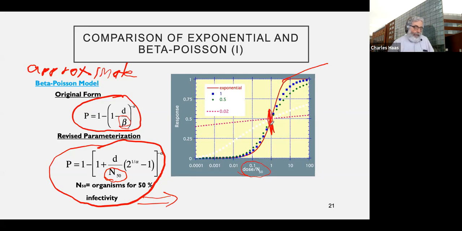As alpha decreases, the curves become more and more shallow. And the most extreme on this is alpha 0.02. There are almost no pathogens that I've seen. We probably examined 30 or 40 of them at this point that have as shallow of an alpha as 0.02. I would say 0.1, maybe slightly lower, is the most shallow that we've seen